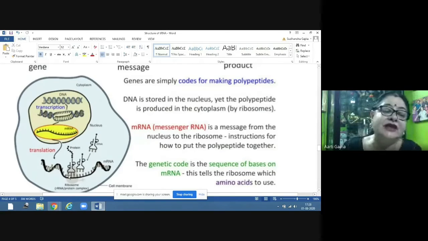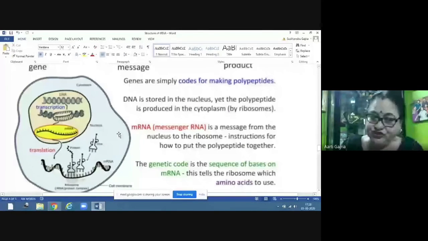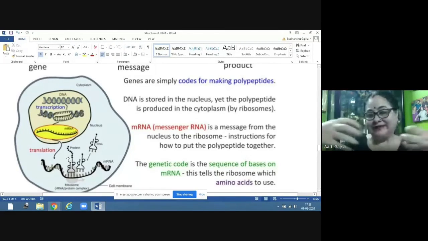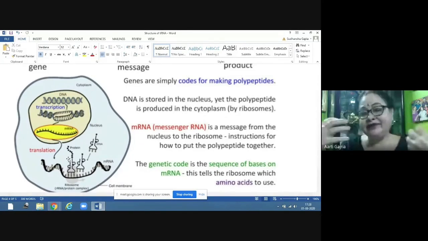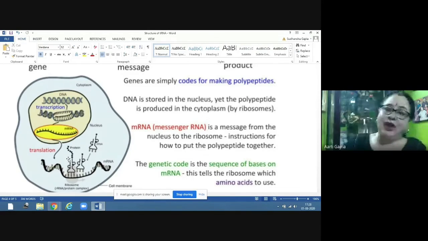Now, these are the transfer RNAs which are present here. They will get themselves charged. They will bring the required amino acid as per the code here on the messenger RNA, and then they will bring the amino acid here. And once the amino acids come together, a bond will form between two amino acids, and that bond is the peptide bond. And when many amino acids are joined together, the protein molecule will keep on growing. See there, small beads you can see. These are the amino acids, and this is the protein which is formed.